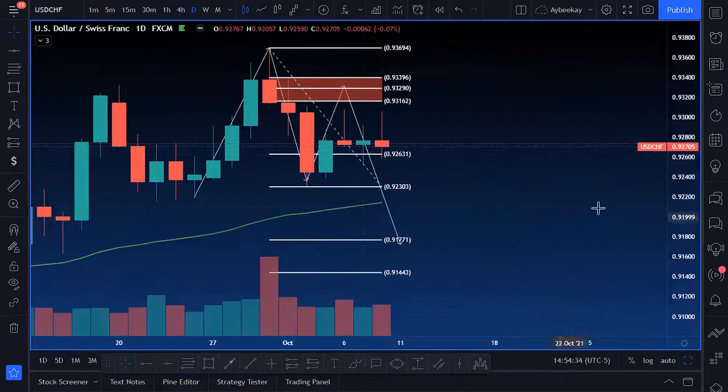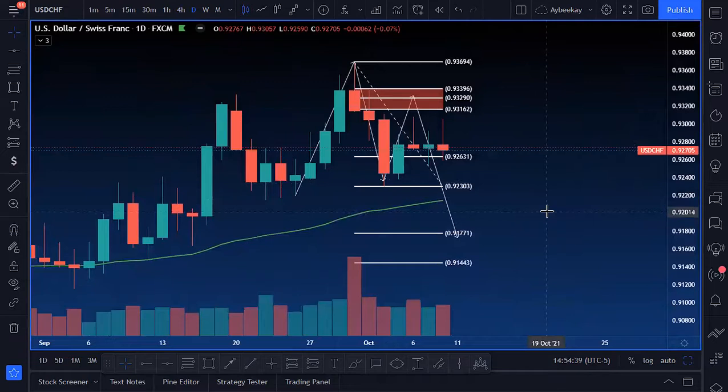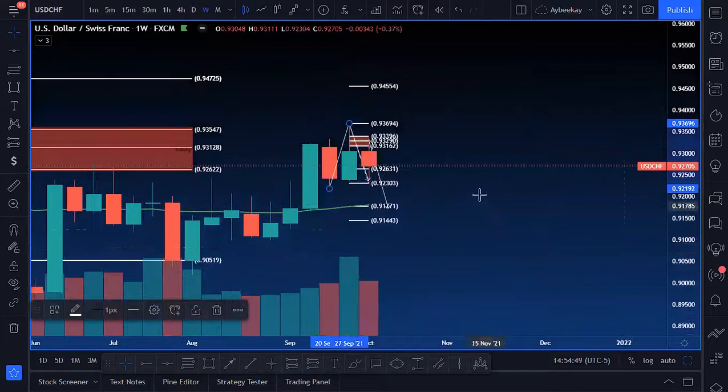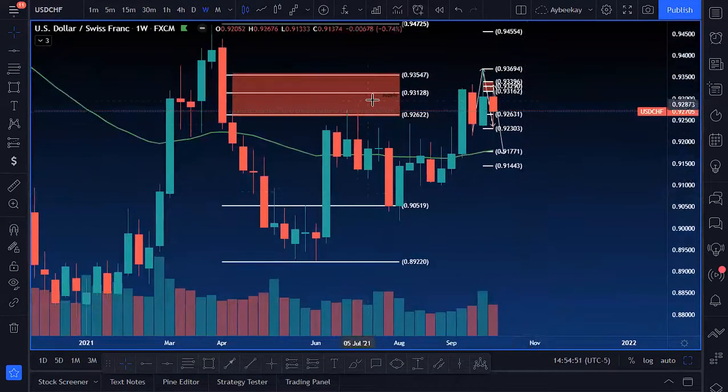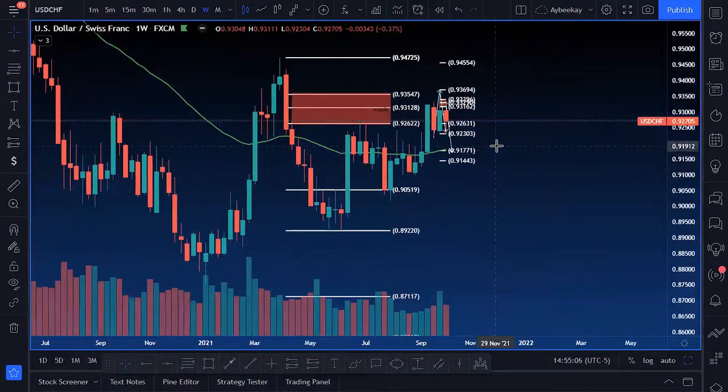The daily time frame on UCHF does not tell me that this wants to keep buying. It more tells me that it wants to keep selling. But again, when it comes to UCHF, I'm not really crazy over how it's looking, especially if you come to the left over here, you see right here 0.93128. That's where I wanted price to come up to before I look to short it long term. So let's see what UCHF is about to do here.